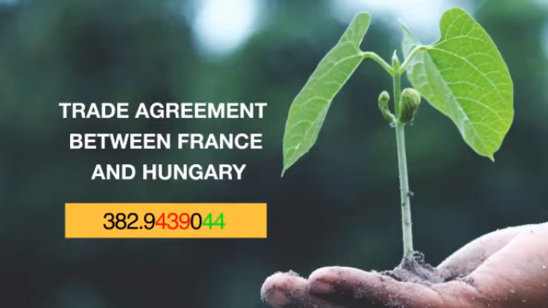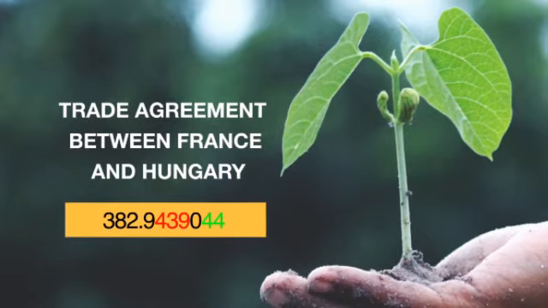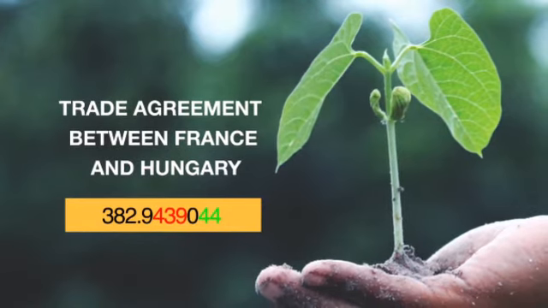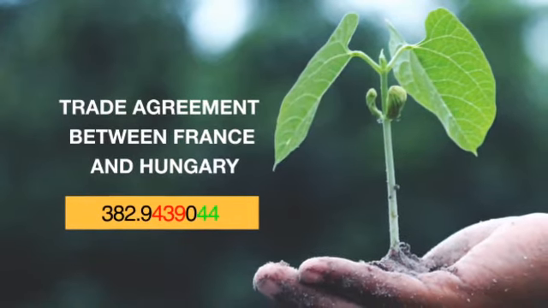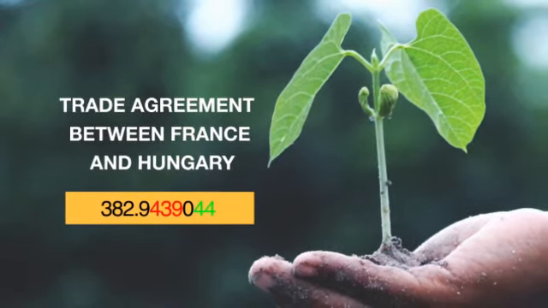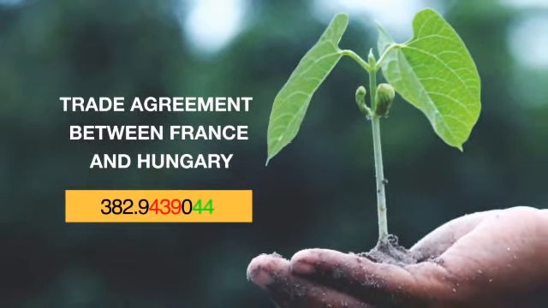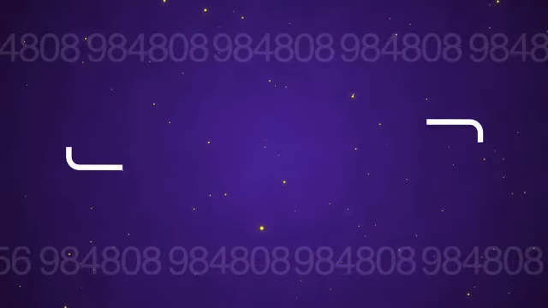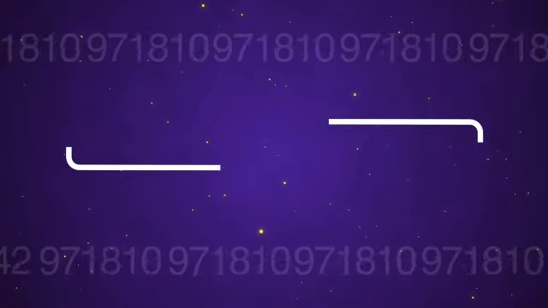And the notation we have to find out here, the notation for the two countries Hungary and France, and we find that the number for Hungary is 439. And let us find out the number for France. It is 44. And therefore, as the rule says, the number becomes